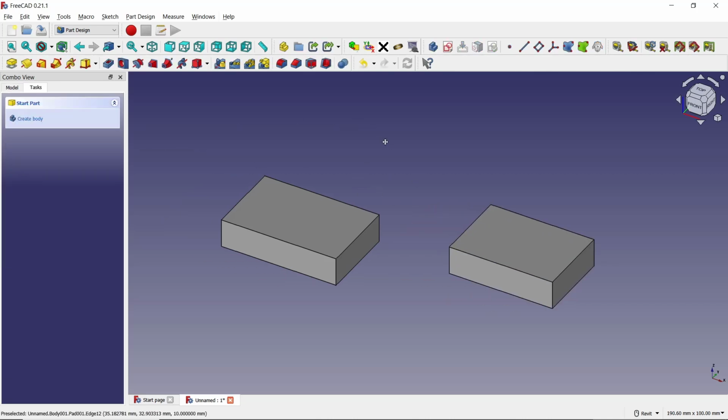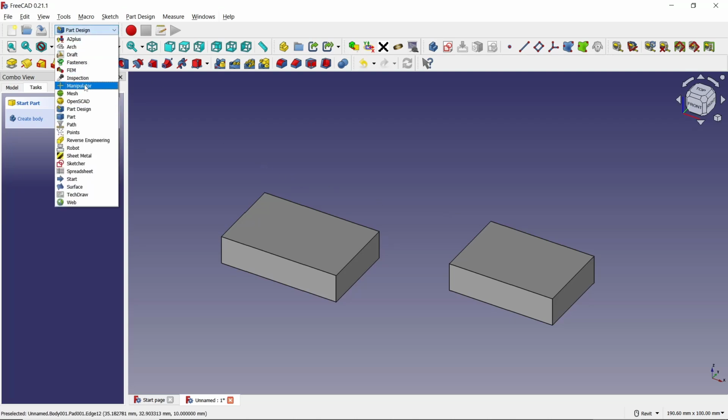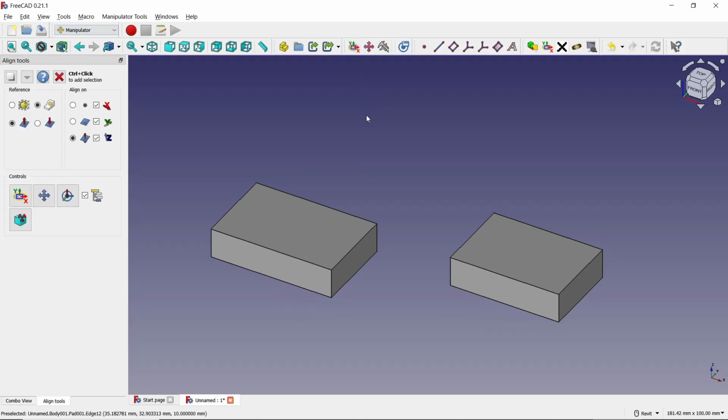Now if you want to combine these two objects, we can go to the manipulator tool and you can click this icon, click again to show the line tools. Next you can select the object. I will select from this edge, okay, into here, and then you can click these icons to combine or move